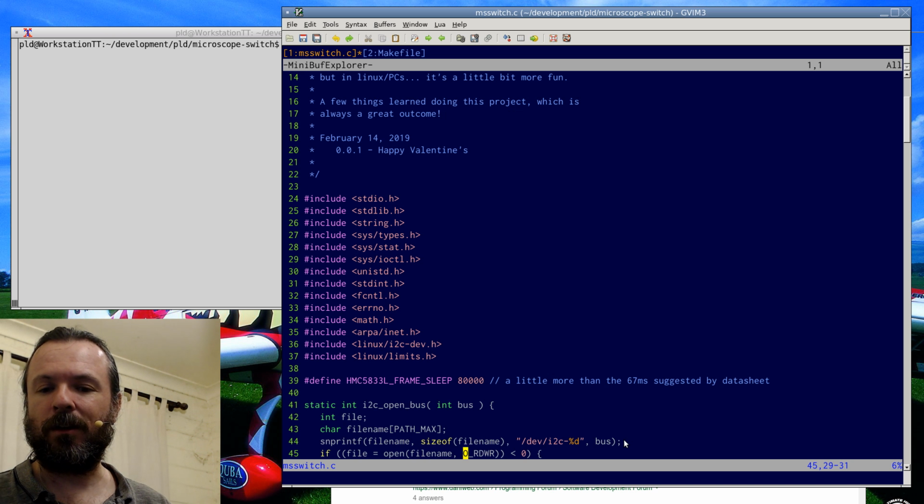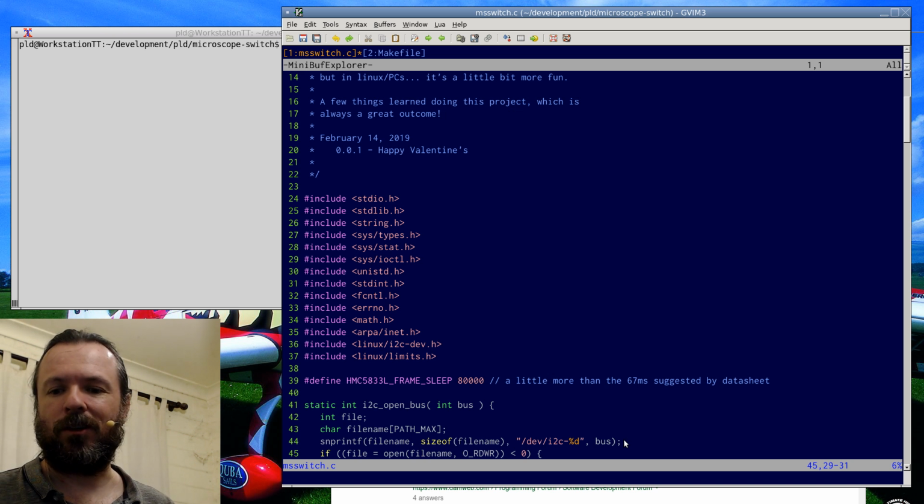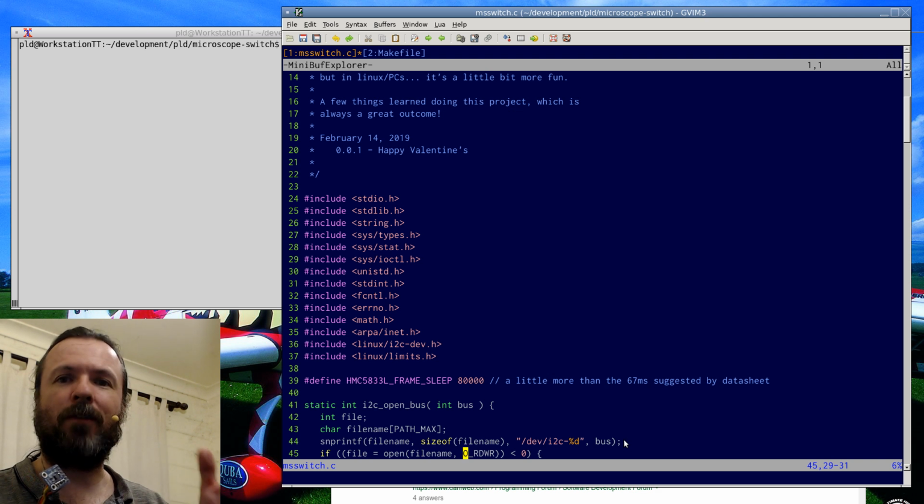And I swear, there's no such thing as a standard I2C device. You've always got to get around the quirks. Anyway, I'm going to go through the code a bit and give a rundown on what I've done. And we've also got to improve this code because we've got to get ready to make it an application